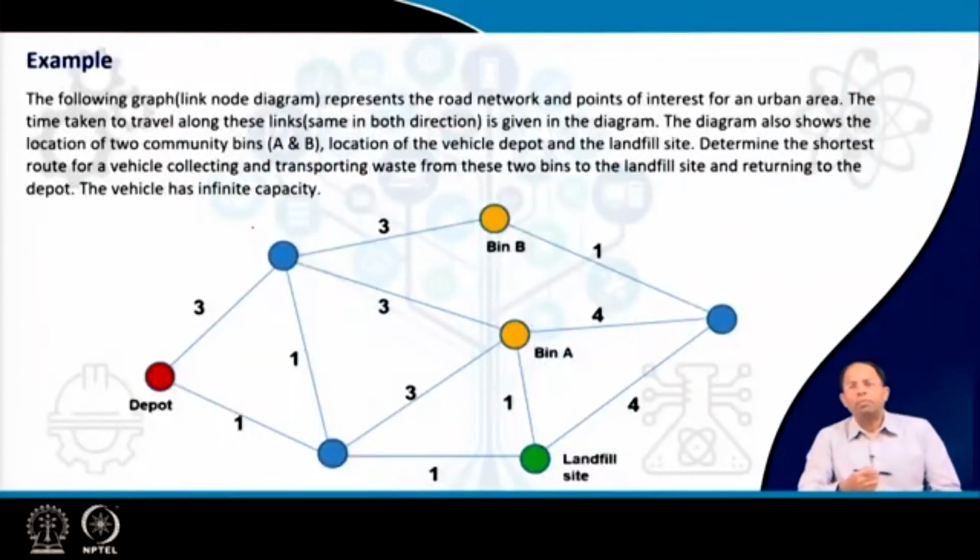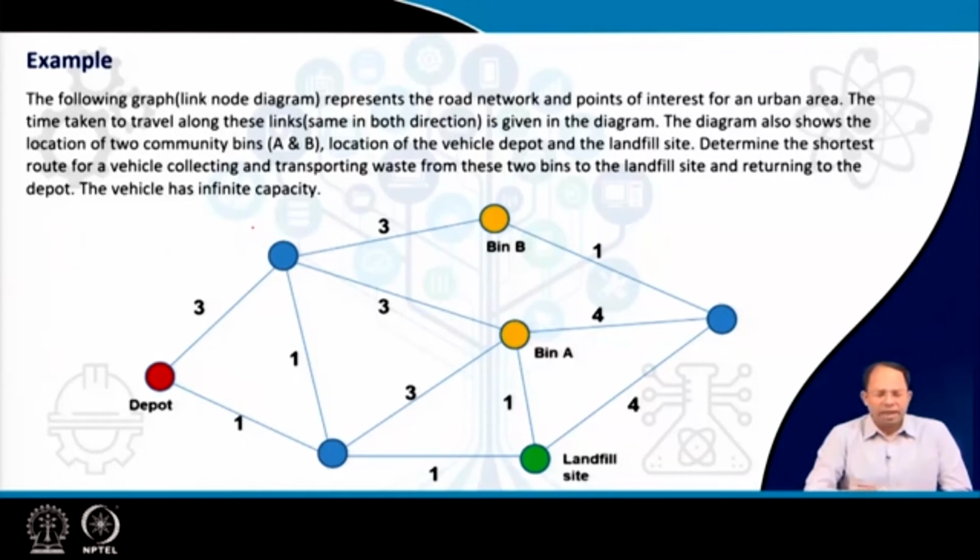Now coming to a practical example of what we are concerned with. We are concerned with solid waste collection, so we will deal with an example based on that. Let us go through this example. This particular graph, or link node diagram if you want to call it, represents the road network and points of interest for an urban area. Points of interest over here are nothing but community bins,